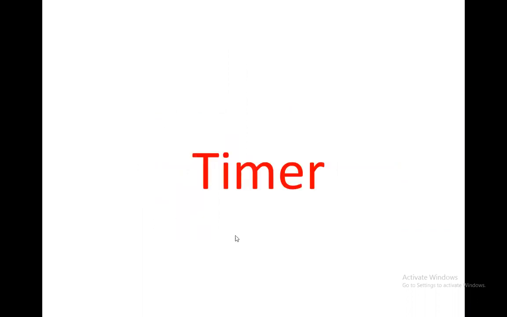And today the next topic is the timer. The programs of timers we will discuss next lecture. Today we are discussing only what is meant by the timer, what registers are used to control the timer, and how to calculate the delay.